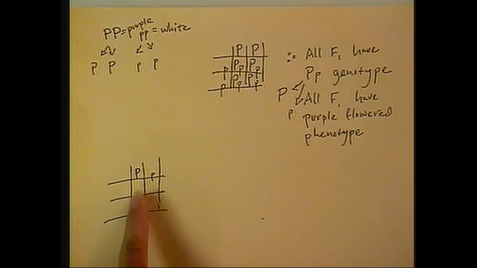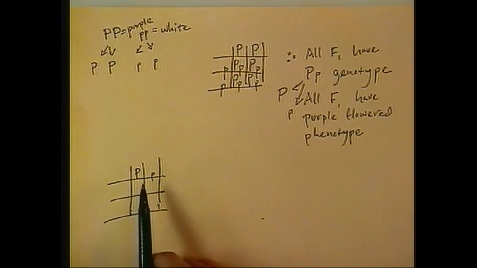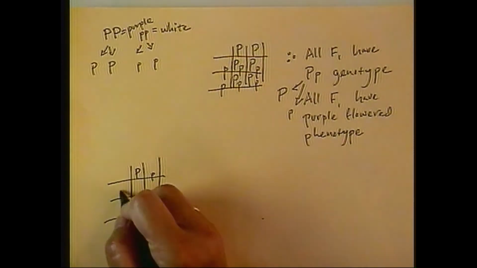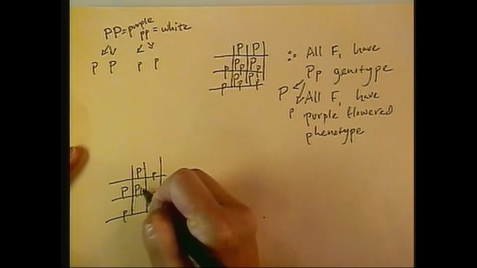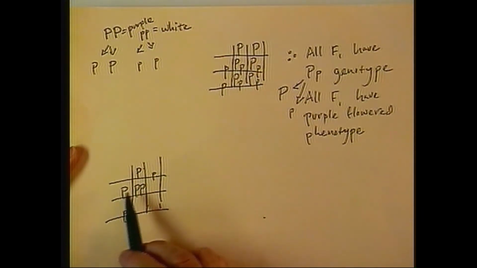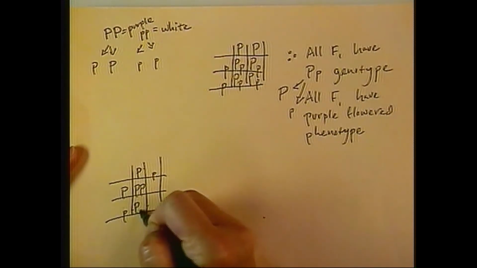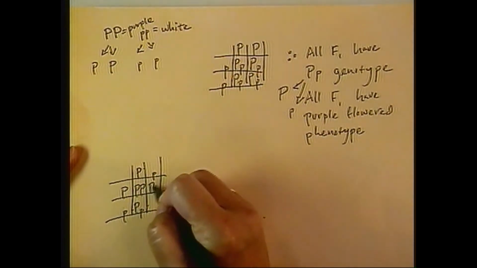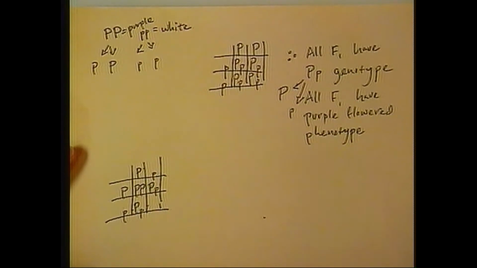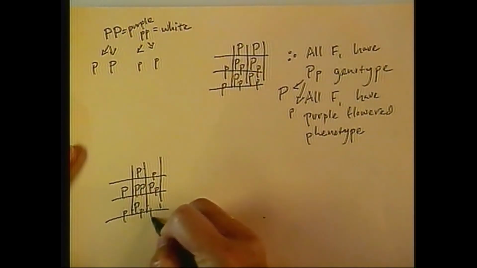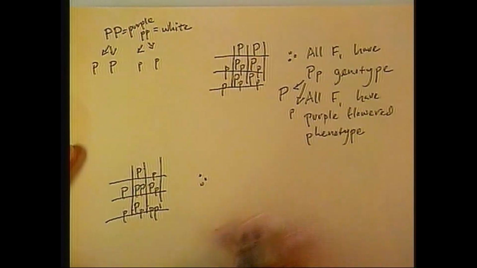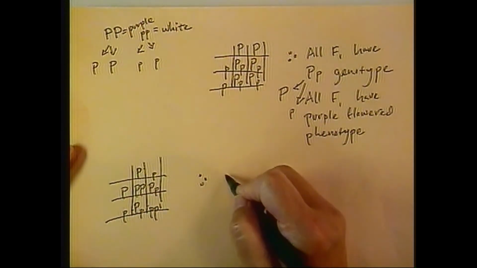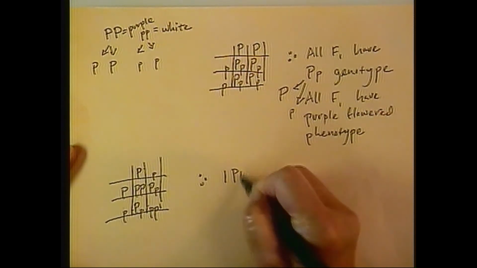Remember, each individual has two factors. Since this is a heterozygote, you'll have one and one. The other one will be the same. Bring this down, bring this over, bring this down, bring this over. By convention, you put the dominant trait first. Lowercase, lowercase. Therefore, in the F2, the genotypic ratio,